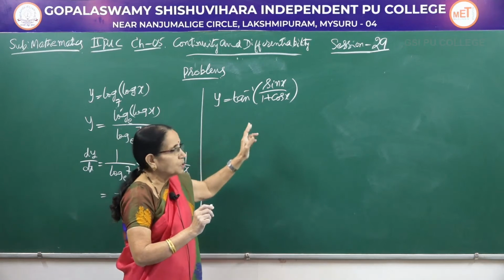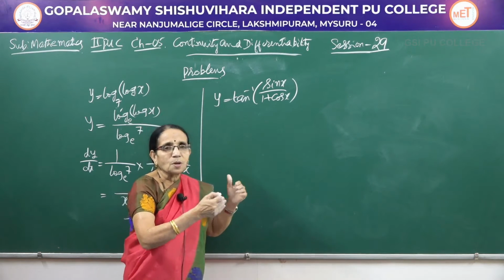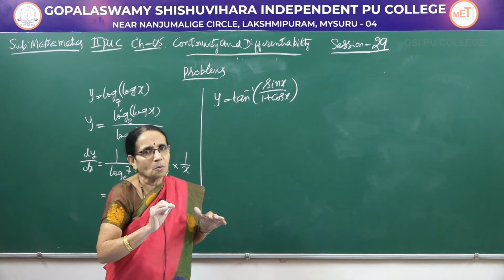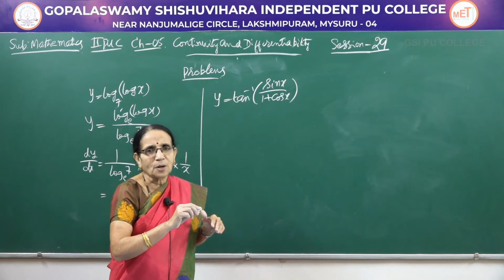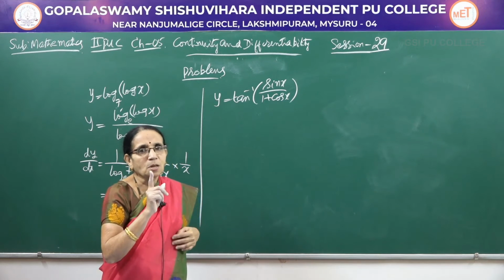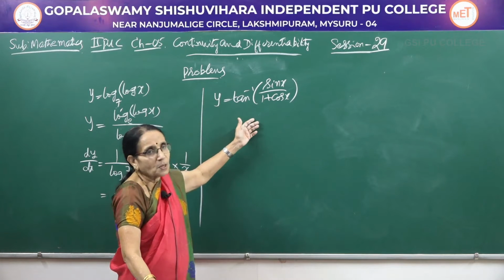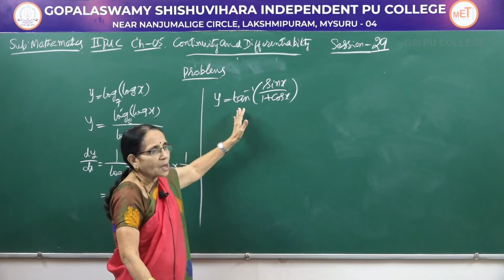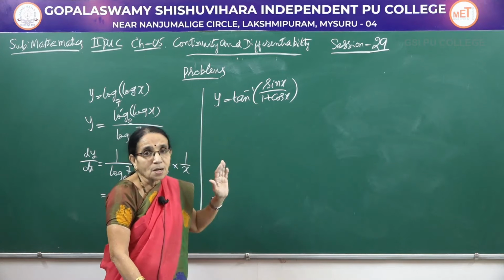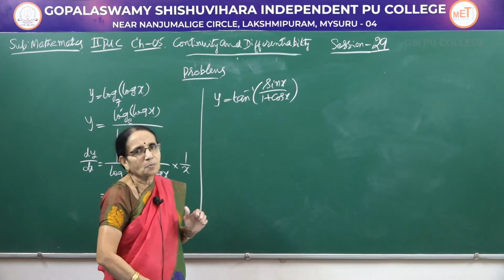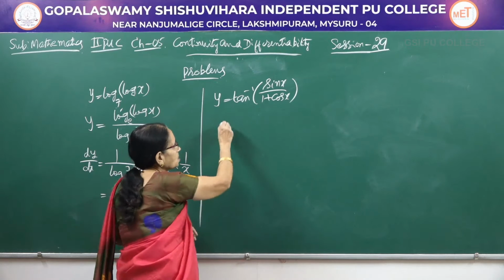But here, tan inverse: if you differentiate as it is, the differentiation becomes a little bit complicated. If you simplify the function, differentiation can be done within one line. Now here again, when we are expressing it in the simplest form, outside we have tan inverse, so we try to express the function inside the bracket as tan of something. Let us see whether we could do that.